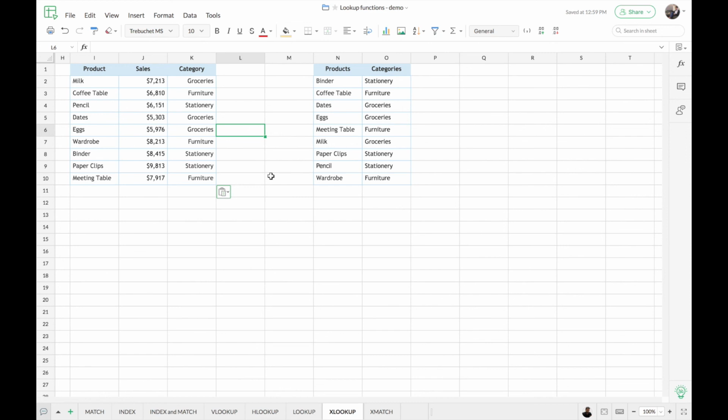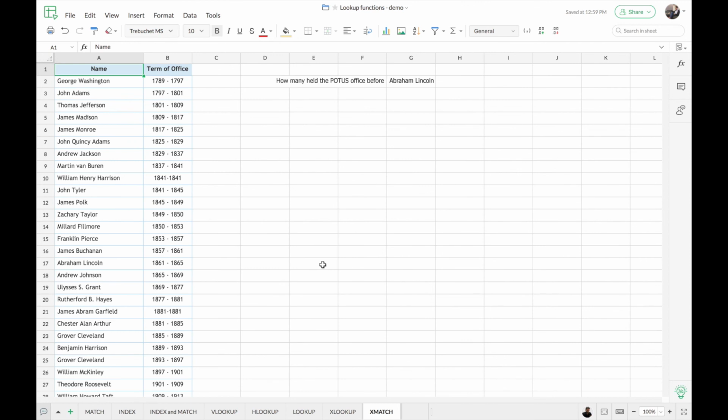So now that we've seen how XLOOKUP works, we'll also take a look at another function, that is XMATCH, that was also released recently along with XLOOKUP. The XMATCH function is similar to the match function we saw initially, but it has some advantages similar to the XLOOKUP function. That is, the XMATCH function takes the exact match as default. It can also perform reverse search,